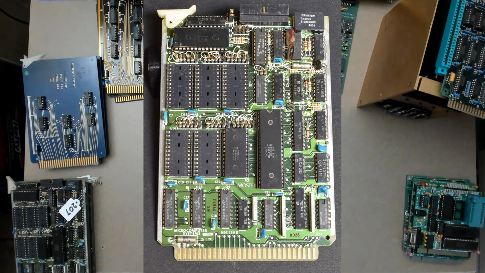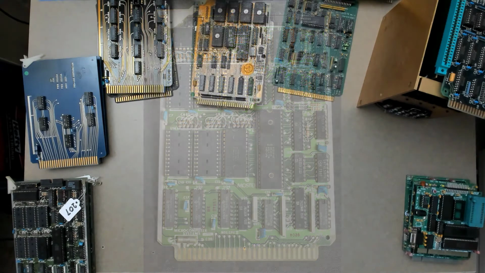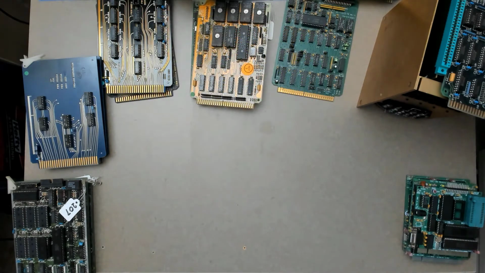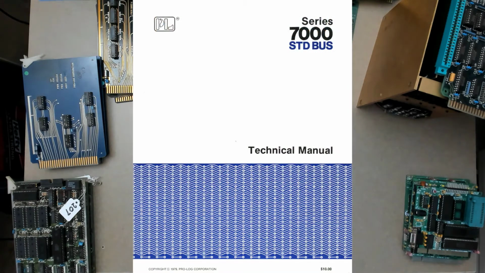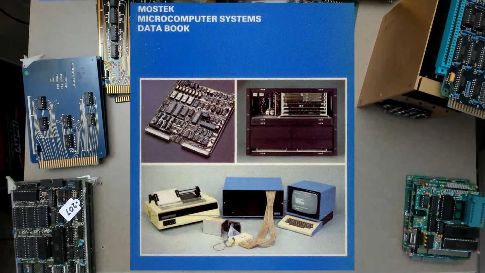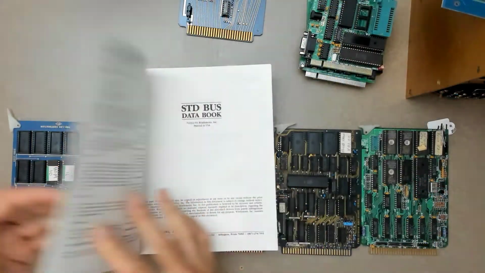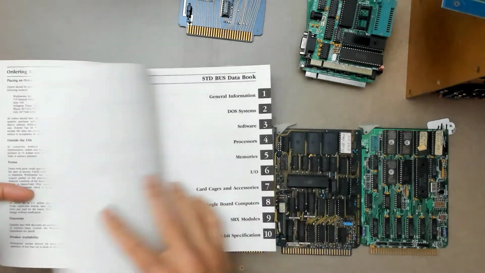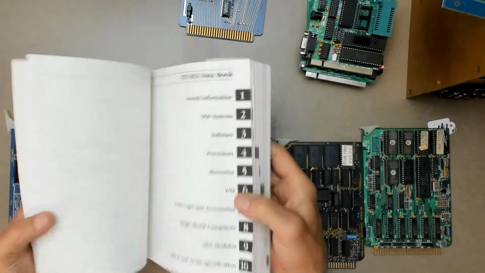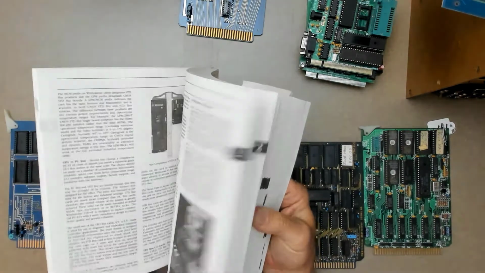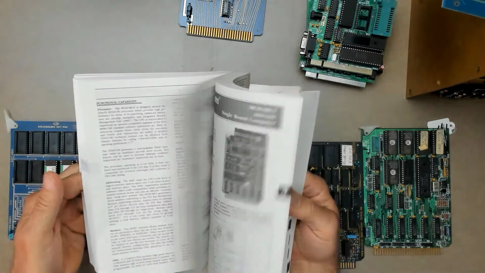So to finish up, here's some examples of STD bus boards that I have. Some of them I use. Some just came with something else I wanted, and others I just rescued so they wouldn't go to the chip poachers or gold scavengers. Now, I have an affinity for Prolog just because I used them in graduate school, but there's many manufacturers to choose from, including Mostek and VersaLogic, and especially WinSystems. I would encourage you to look at WinSystems. If you don't have any particular brand loyalty, I think I would look at WinSystems because they offered one of the most complete families of STD cards.